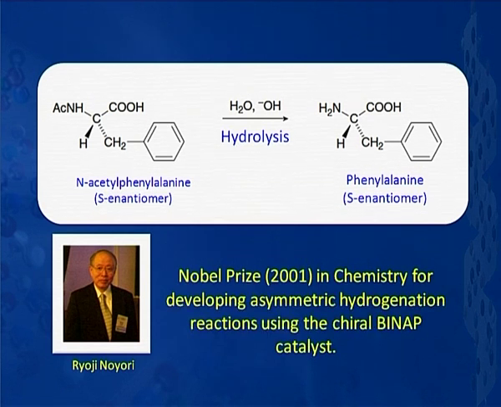He is the one who got the Nobel Prize in 2001 for developing the asymmetric hydrogenation reaction using the chiral BINAP catalyst. Because he is the person who developed this catalyst, whereby we can do asymmetric hydrogenation and get the desired product in suitable enantiomeric excesses. Okay. Now, having talked about different methods, the general methods and enantioselective methods of synthesizing alpha amino acids, now let